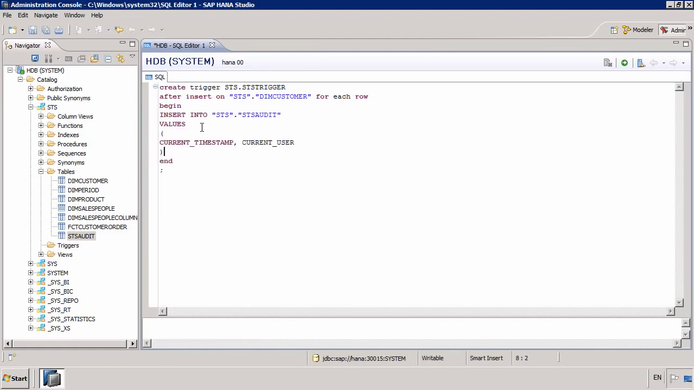of the trigger statement. So essentially now, whenever we enter a row into that dim customer table, we'll get the timestamp, the user, and also, if we want, the primary key of the customer. All of that's also possible. So now that we've got that, I can execute to create that trigger. I'll just put a semicolon at the end